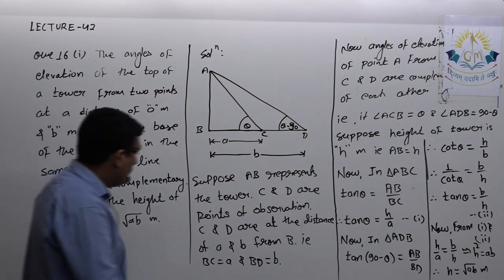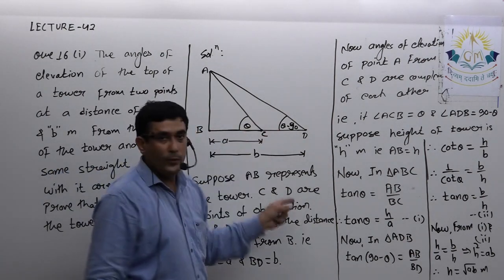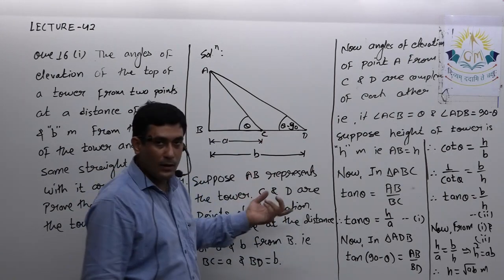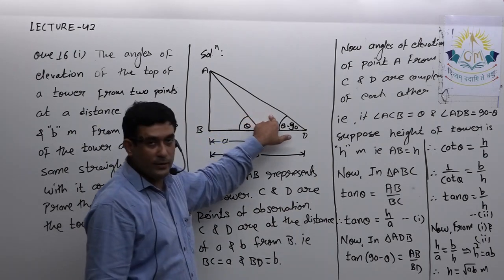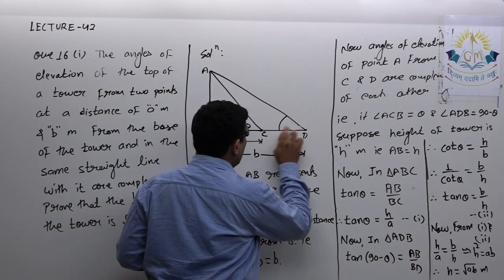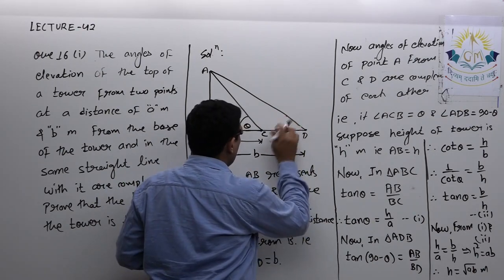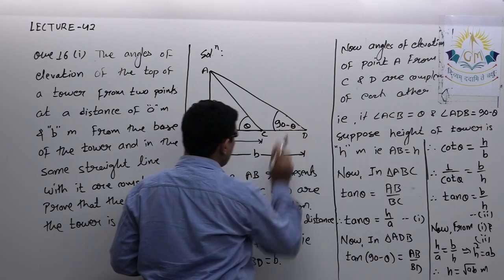Okay, I hope you got the concept. Here angles were not given, but the relation between the angles was given. It was given that angles are complementary. So I consider this angle as theta, so definitely that will be 90 minus theta. Here I wrote theta minus 90, actually it should be 90 minus theta. Okay, this angle must be 90 minus theta.